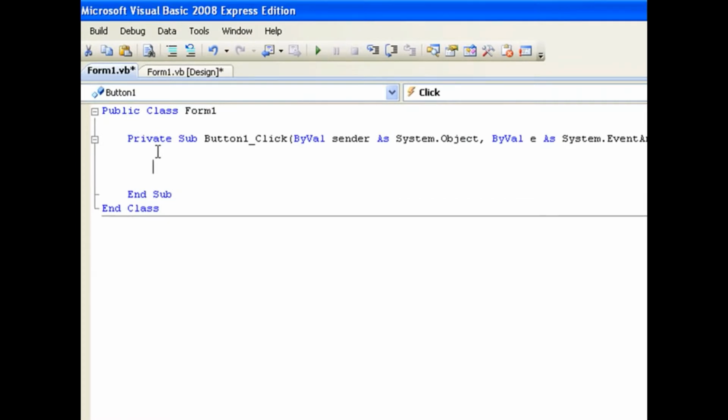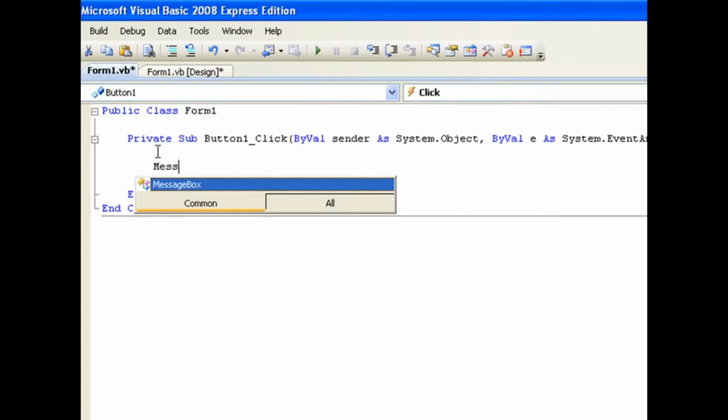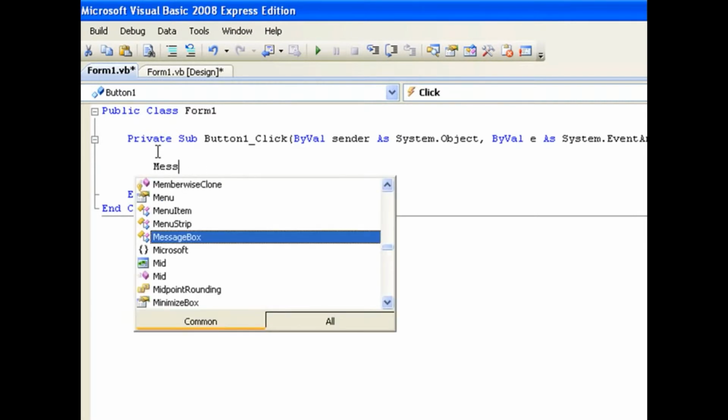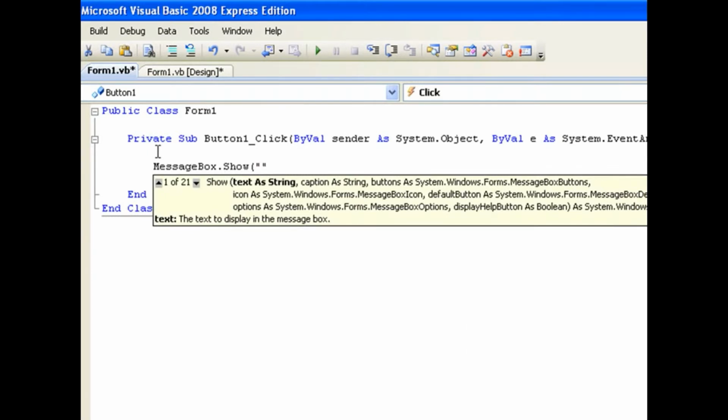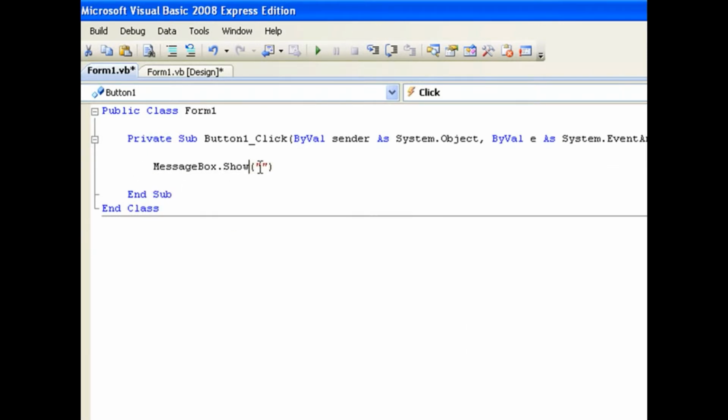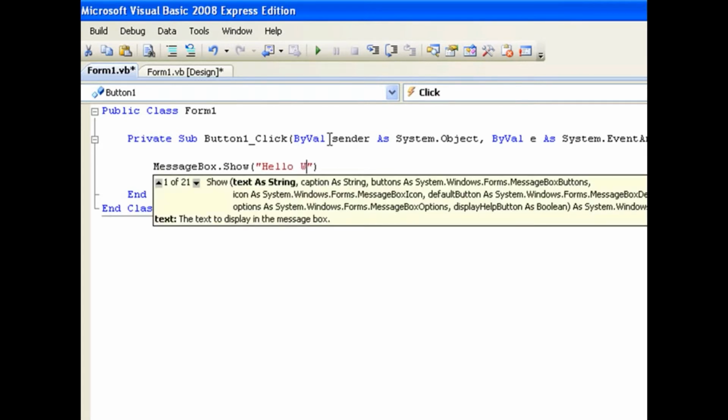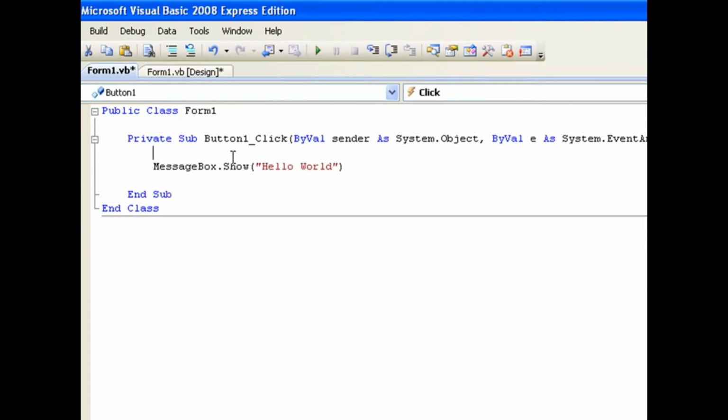Okay, to start off your code to show a message box, you simply type message box dot show. Now, once you've done this, you're going to add two parentheses, or put two quotations as well, because strings need to be in quotations, and then you're going to put what the message box is going to say. Here we're going to say Hello World, and all this is going to do is when you click button 1, it's going to show a message box